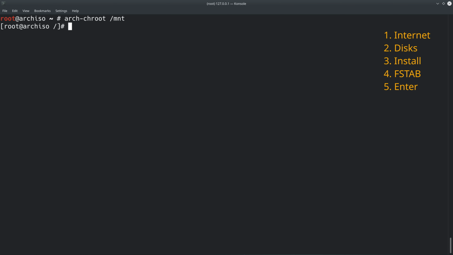And as you can see, the login prompt changed. That means we left the installer and now we are in the installation. And the first thing I want to do is actually to create the swap file. So let's do this by typing in fallocate